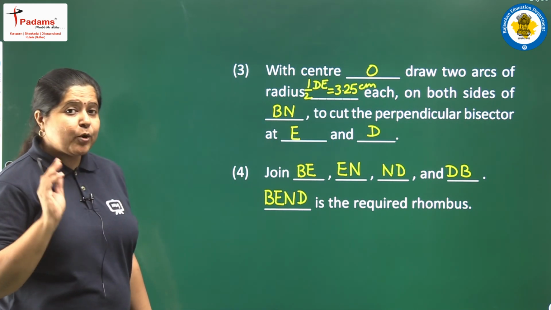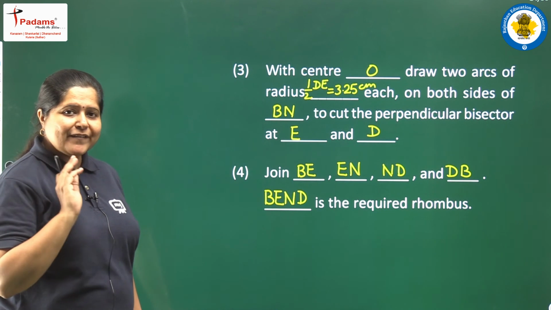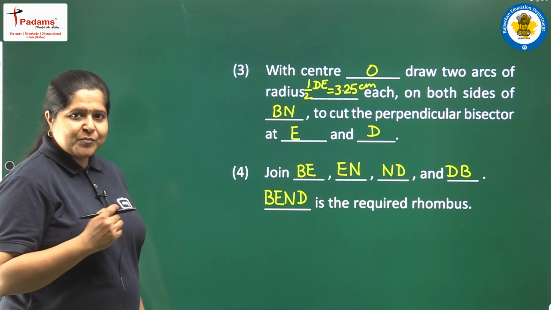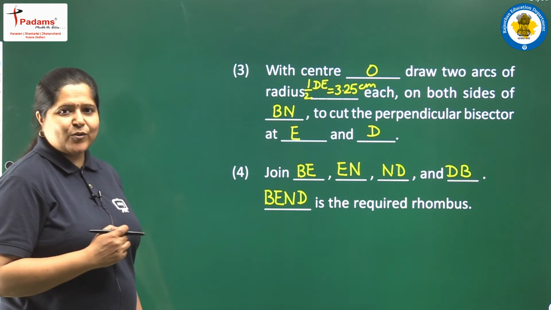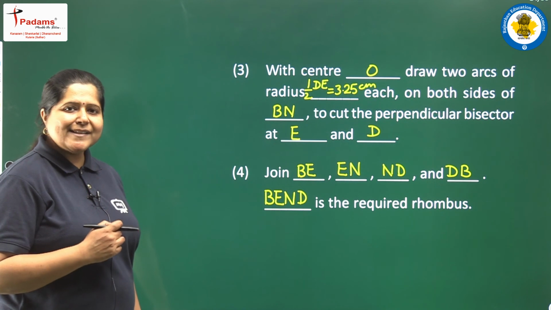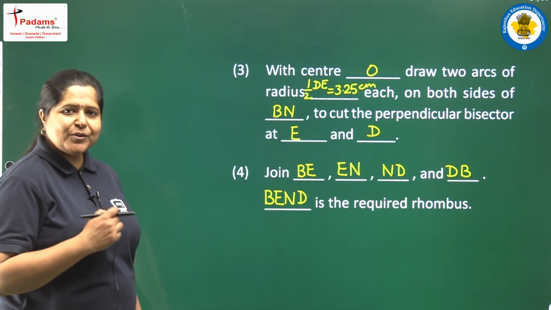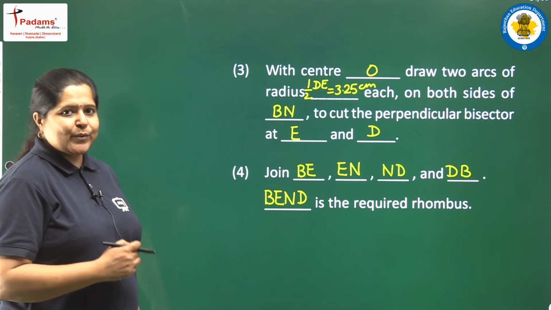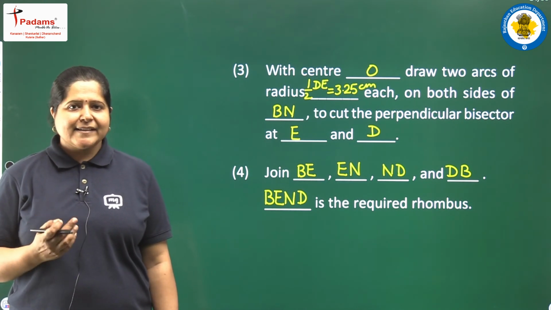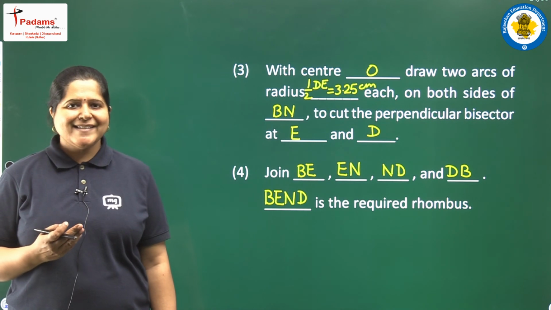without taking the help of any of its sides. Only we have used the property of diagonals of a rhombus. This was possible because it is a special quadrilateral. Otherwise, in simple quadrilaterals, we need at least 5 measurements to draw a unique quadrilateral. So with this, we have our exercise 4.2 completed. In our next class, we will be taking up some other cases. Thank you.